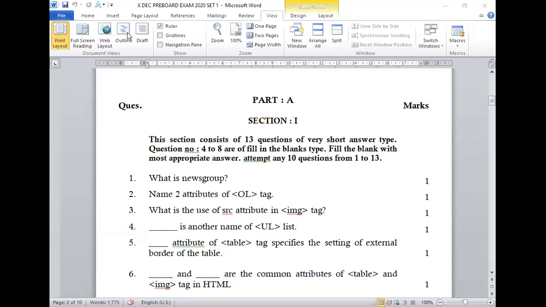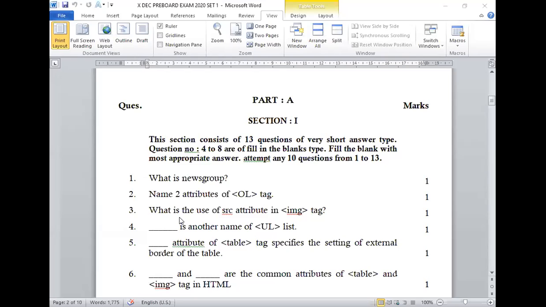I'm opening a notepad window. Just tell me, is it visible? Is the notepad window visible? Is the notepad window visible? All right. Now,